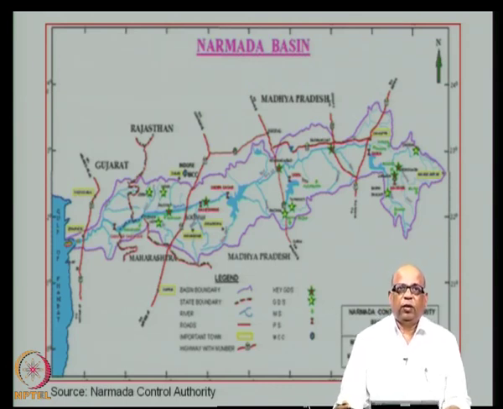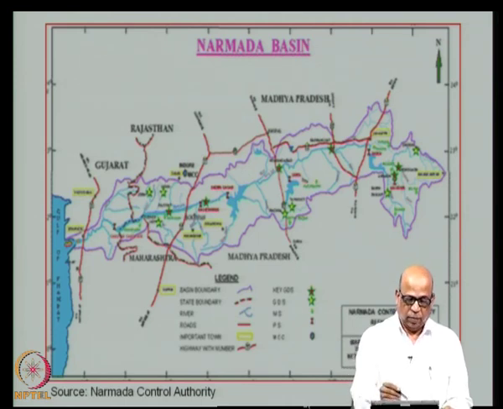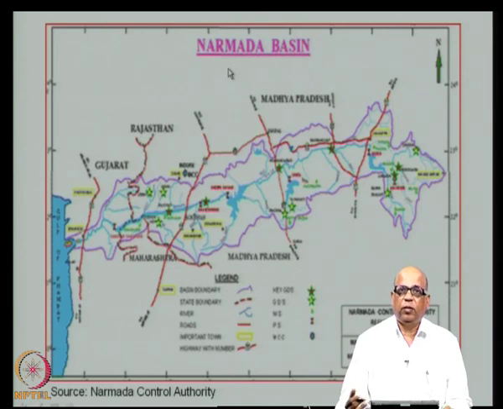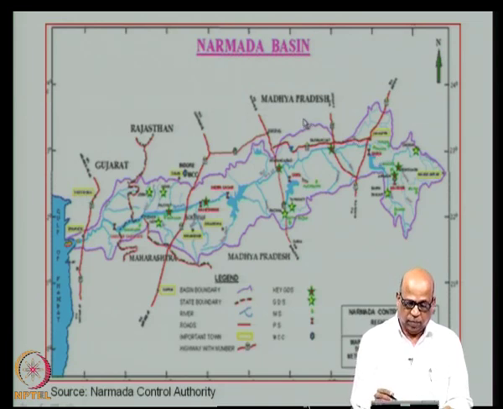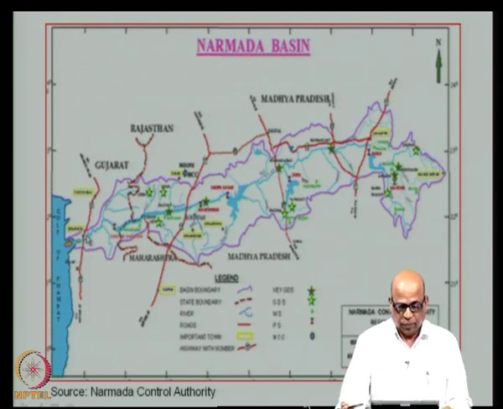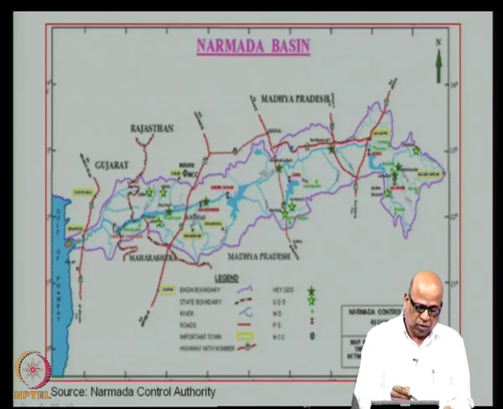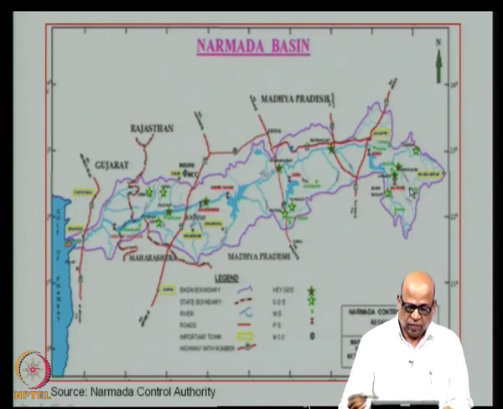We look at some specific large basins, and the example that I am giving is of the Narmada basin, which is a large river basin, and it serves several states. For example, Madhya Pradesh, Gujarat, Rajasthan and Maharashtra. Maharashtra is here, Rajasthan is here, Gujarat, and Sardar Sarovar is just on the border of Madhya Pradesh. As the river crosses Madhya Pradesh, you have the Sardar Sarovar reservoir. Now, this is a large river system, it is a west flowing river system.